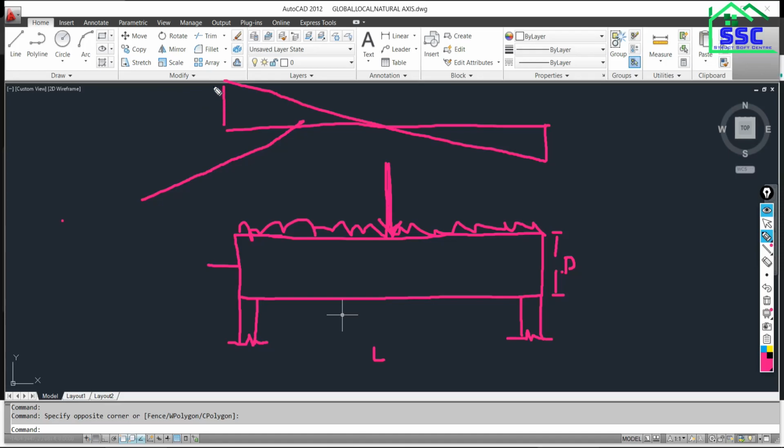The maximum shear force that develops in the beam section at the ends will try to break your concrete section, because concrete is a brittle material.